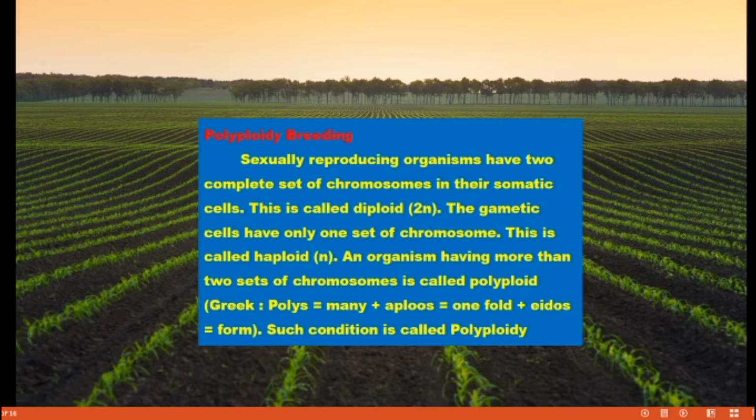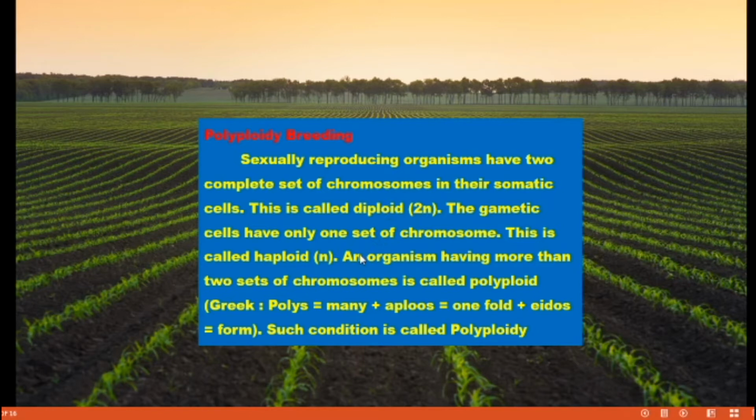Gametes, male gametes and female gametes. The male gametes are haploid and the female gametes are also haploid. Gametic cells have only one set of chromosomes. So when we write male gametes, within brackets we put only one N. It means only one nucleus. Female also has only one nucleus. That we call one set of chromosomes, that we call haploidy. So haploidy is only one nucleus. Diploidy we call two nuclei.